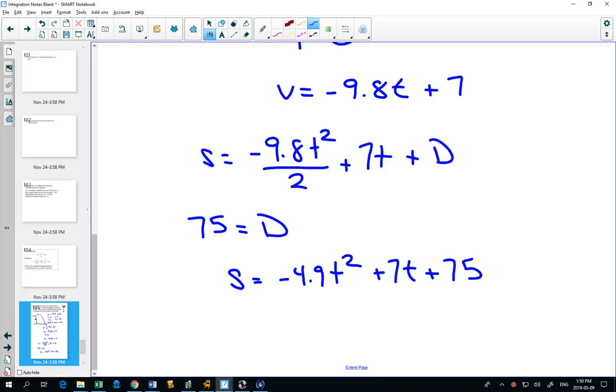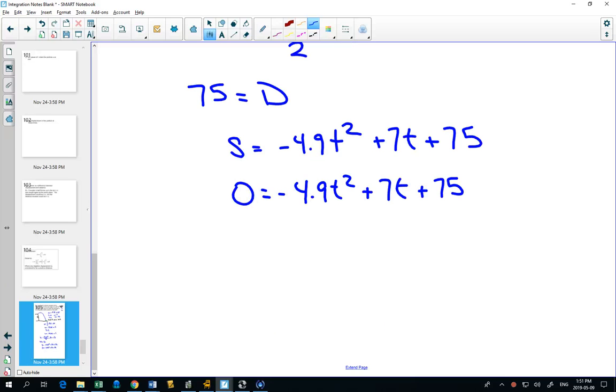What are we trying to find? We're trying to find t when s is 0. So now we could substitute 0 in and solve for t. Obviously, real-life problems don't factor nicely. Usually, they don't work out to be nicely factored. So if you can't factor it, either you'd have to use a program on your graphing calculator or the quadratic formula. Quadratic formula, negative b plus or minus